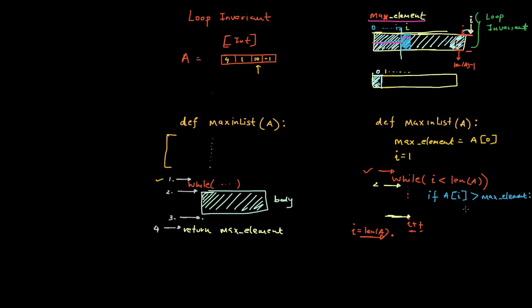in which case it's time to update the best. So the best was max element previously, but now the max element has a newer value, and the newer value is going to be A of I. All right, and then I've got I plus plus, and after this loop breaks, what should I do? Well, I just have to return back the max element. So I'm just going to say return max element,